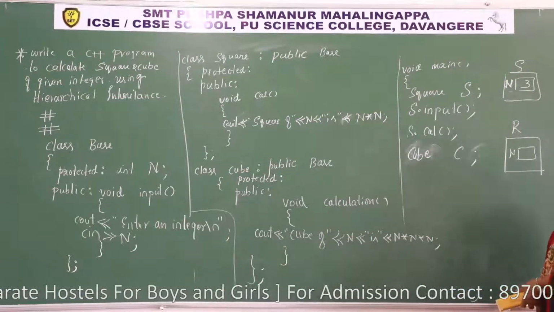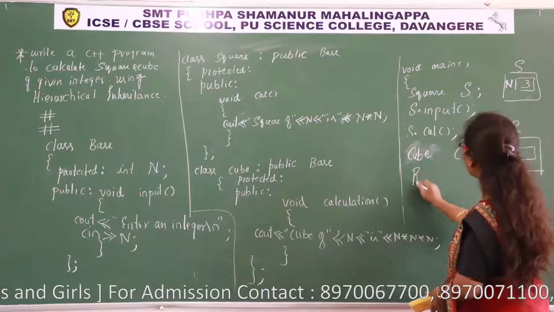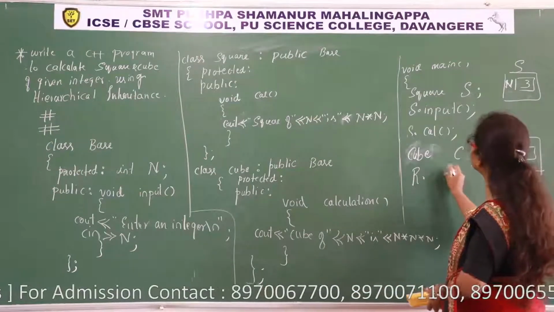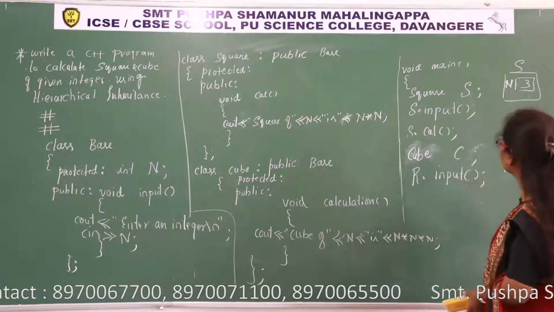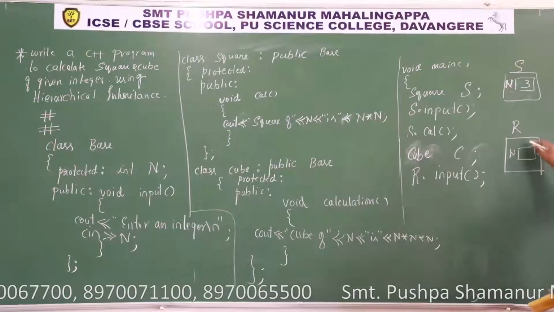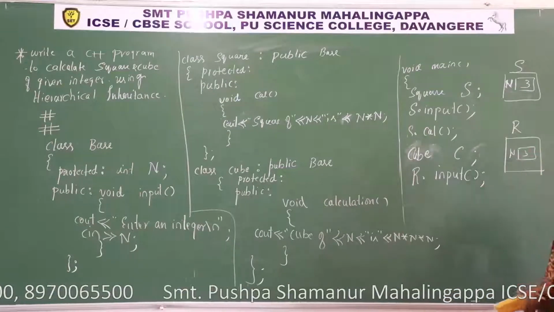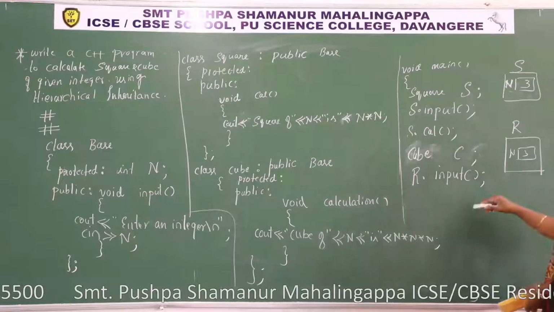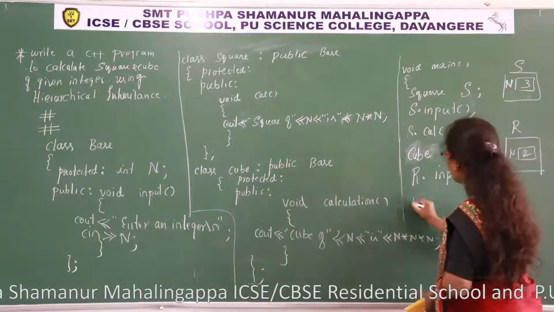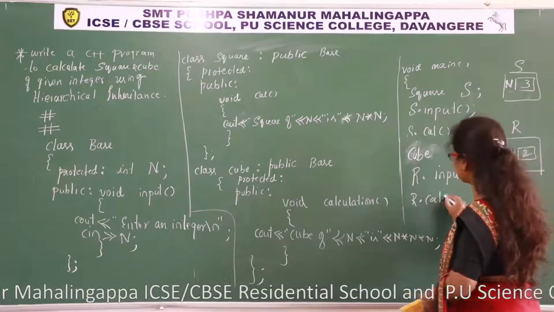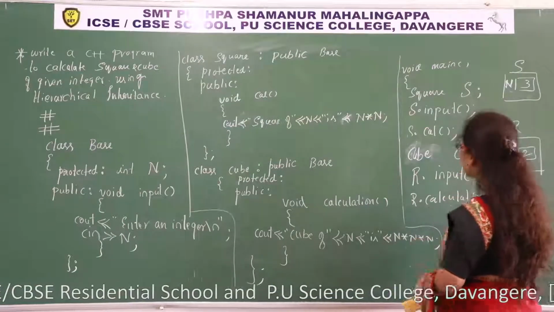Now I have to call that function, same function, through this object: c dot input. I want to give a separate value for this. Already we have given value for n, that n value will be inherited to the derived class, so 3 will be there. Okay, now I want to overwrite this value. I'll take 2. So c dot calculation, open close semicolon, function close.